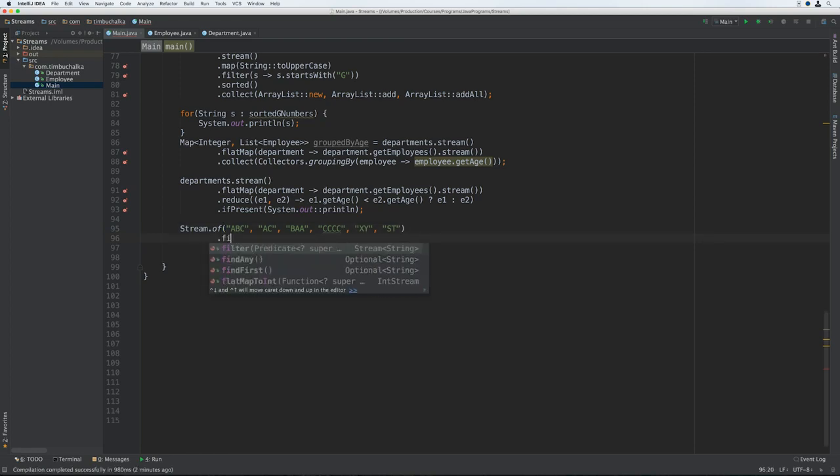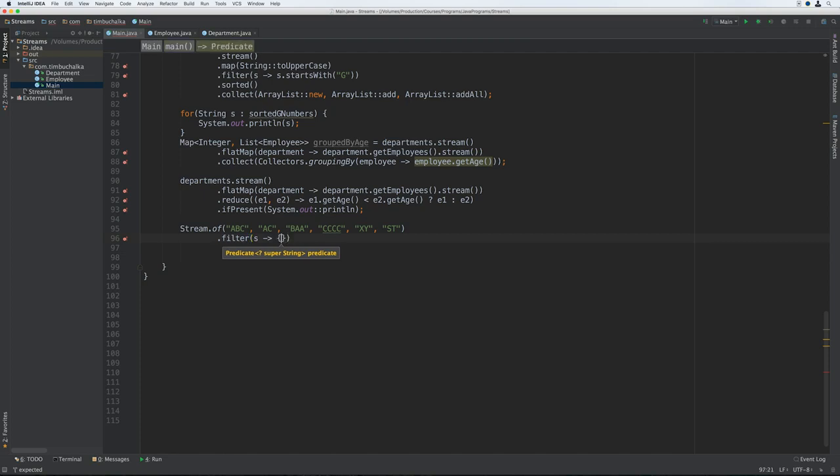Then we're going to do dot filter. So s is the parameter, and then arrow token, code block. We're going to print out s, and we're going to return s dot length is equal to 3. Now if you recall, the filter method accepts a predicate which takes one argument and returns true or false. So there's nothing stopping us from doing other things inside the predicate. Now in this case we're printing the argument that's passed to the predicate, but when we run,